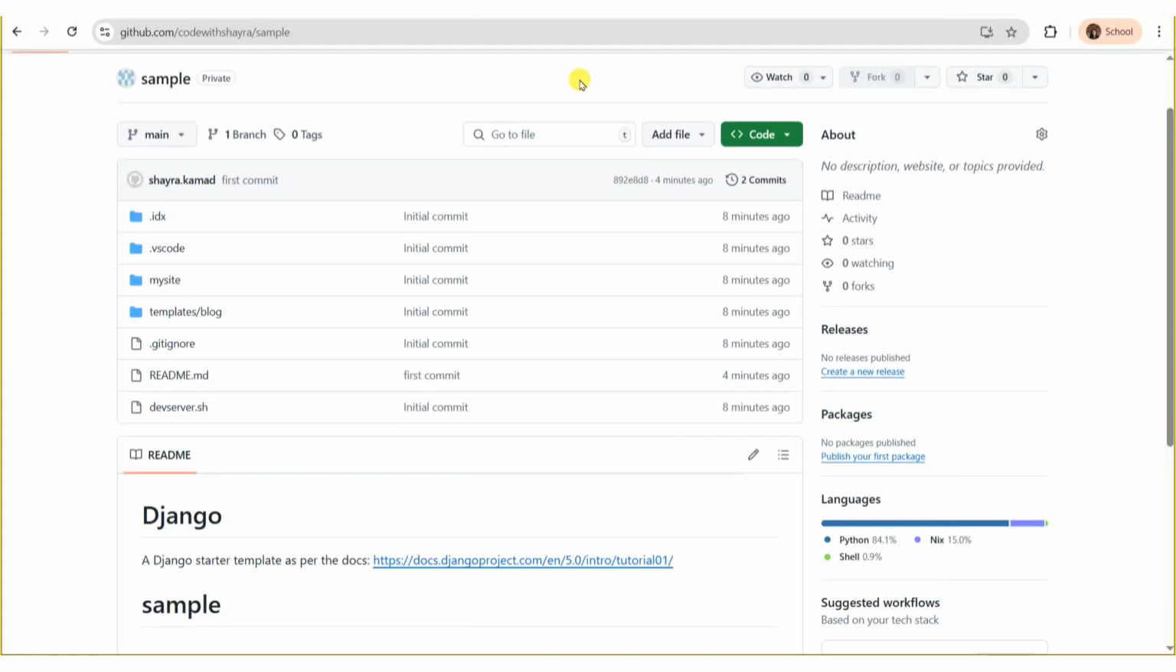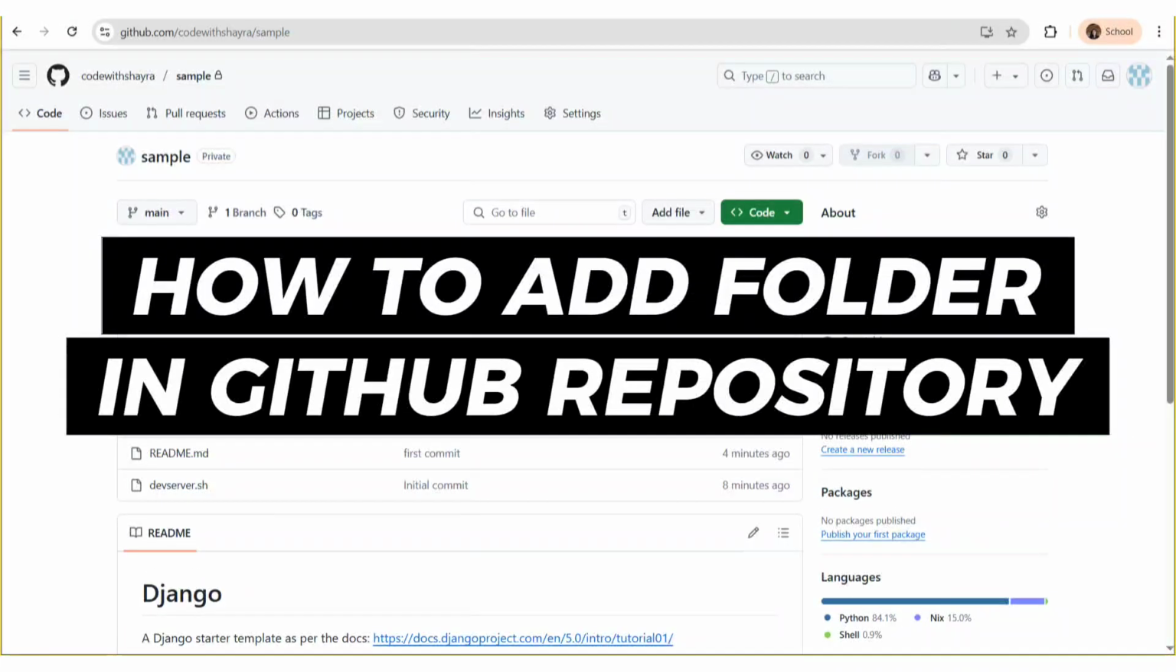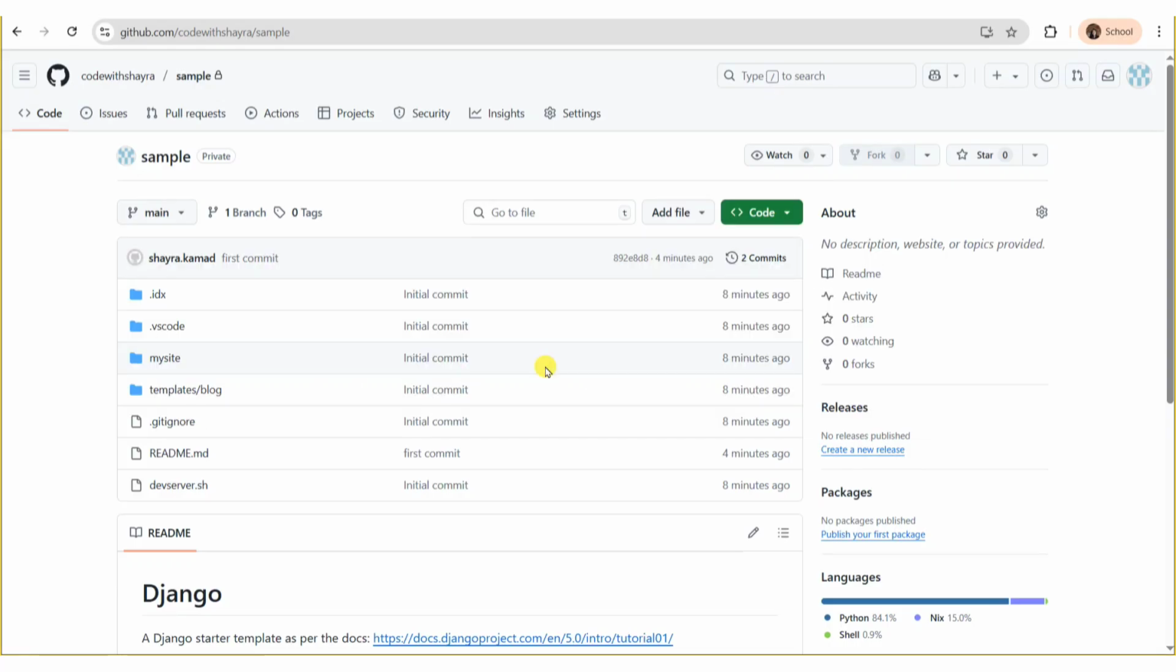In this video, I will show you how to add a folder in a GitHub repository. To get started, go ahead and open GitHub on your device. Now head over into the repository where you want to add a folder, and then click on this